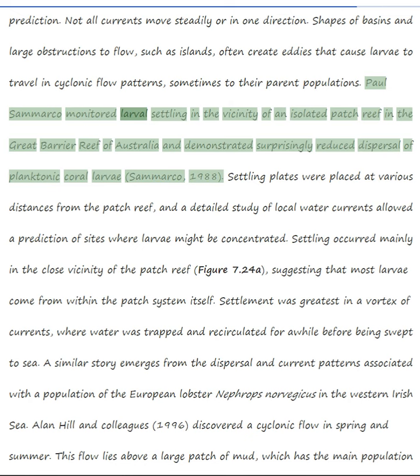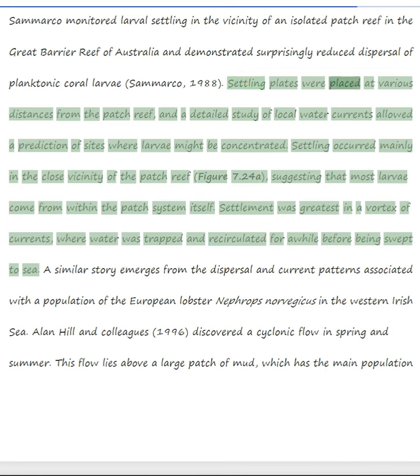Paul Sammarco monitored larval settling in the vicinity of an isolated patch reef in the Great Barrier Reef of Australia and demonstrated surprisingly reduced dispersal of planktonic coral larvae. Settling plates were placed at various distances from the patch reef, and a detailed study of local water currents allowed a prediction of sites where larvae might be concentrated. Settling occurred mainly in the close vicinity of the patch reef, suggesting that most larvae come from within the patch system itself. Settlement was greatest in a vortex of currents, where water was trapped and recirculated for a while before